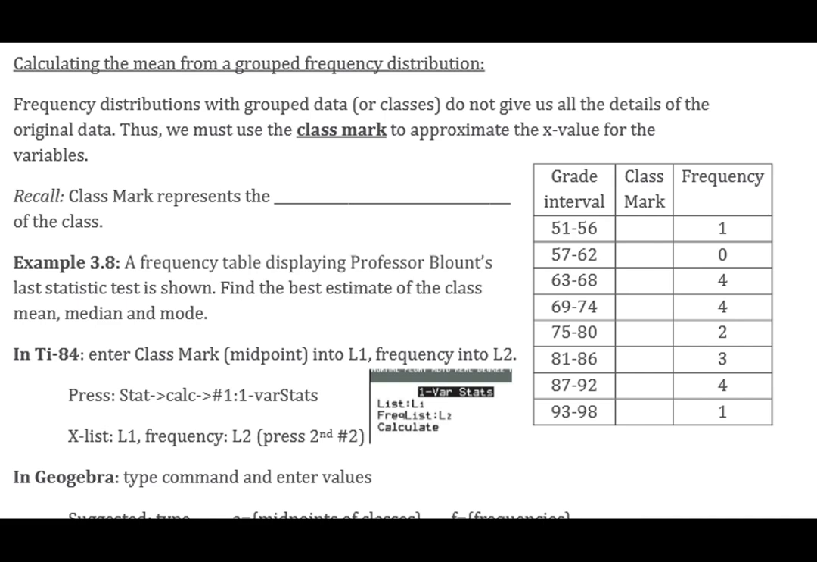The reason why we are looking at this example is if we were to look at this class here, 69 to 74, we notice that there are 4 students who scored a test grade in this range, but we don't know if students all got 70s in this interval, or maybe there was a 73, or who knows what else it is. So since we don't have the actual data values for each of these classes, we must use the class mark to approximate the x value for the variables. Recall that the class mark is the middle value